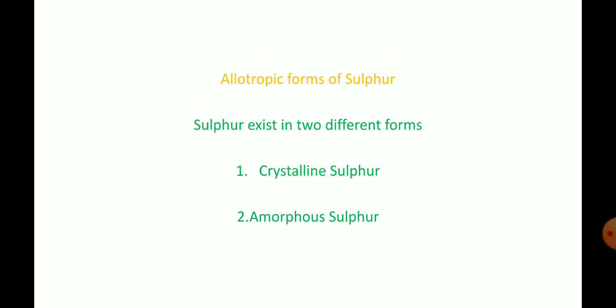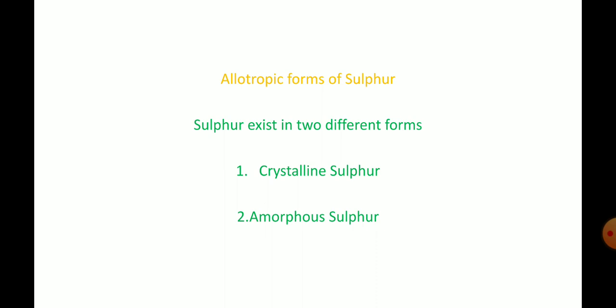Okay dear students, we all know what are called allotropes. Can you remember what allotropes are? The same substance or the same element can exist in more than one physical modification. The physical state will be the same, but its appearance will be different. Such compounds are called allotropes, and this property of an element is called allotropism. For example, carbon exists in various forms like diamond, graphite, carbon nanotube, fullerene and so on. Likewise, now we are going to see the allotropic forms of sulfur.